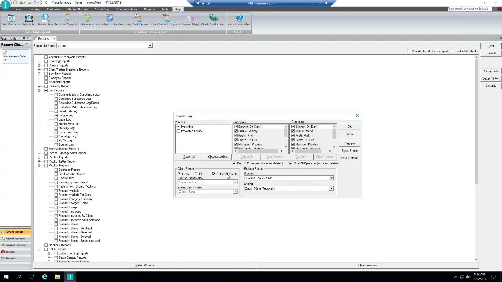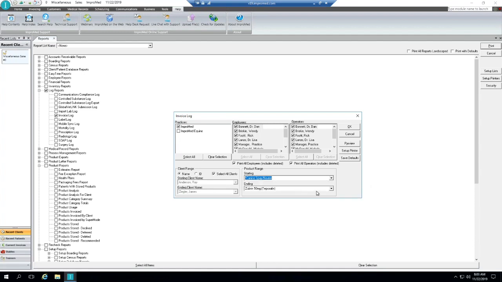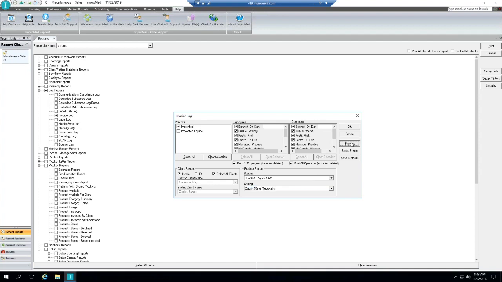You can do a specific client if you'd like. If a client wants to get a list of all the items that they were invoiced, this potentially could be a report. We have a couple others that might work better though. And then your product range, if you want to look for all items, just make sure that the starting item is the very first item in your list, and the ending item is the very last item in your product list. And then if we preview,